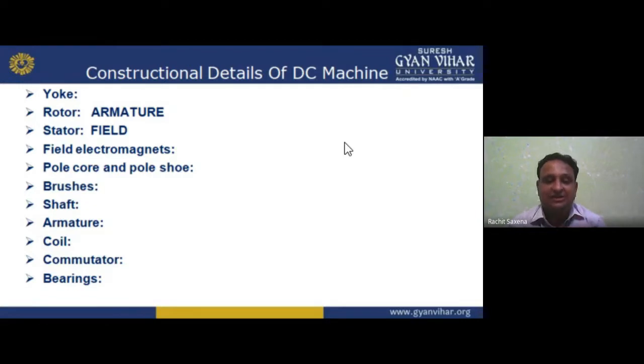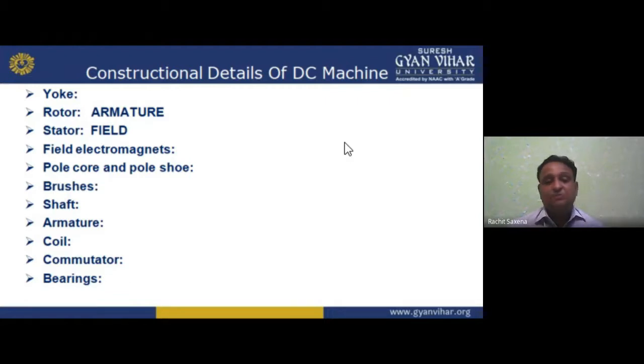Resultant of these currents, bidirectional to unidirectional: say 5 is the inward and 4 is the outward. So 5 minus 4, we get 1. 5 plus 5, we get 10. 5 plus 4, we get 9. 4 minus 1, we have 5 minus 1. So many options we have: 5 plus 5 is 10, 5 plus 4 is 9, 4 plus 5 is 9. So we can get many values with the commutation, that is known as reversal of current, commutation. We have already discussed this, so I'm repeating the basics.